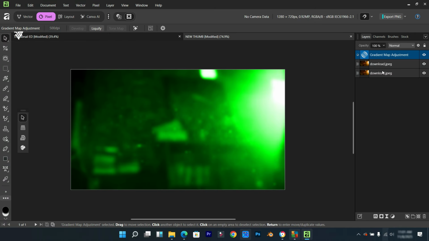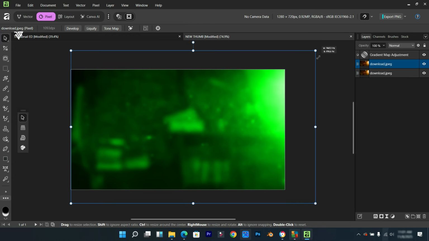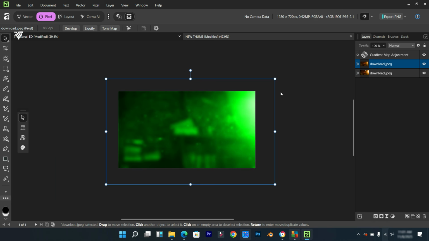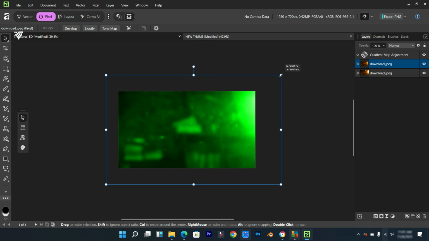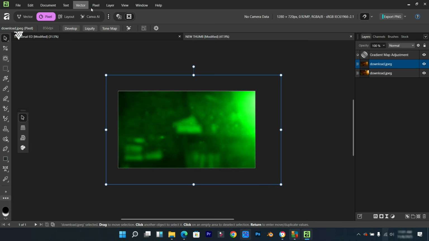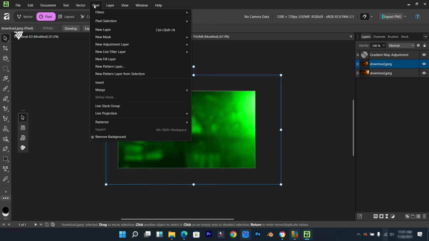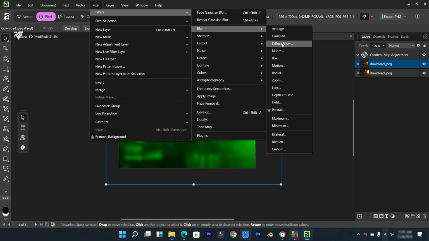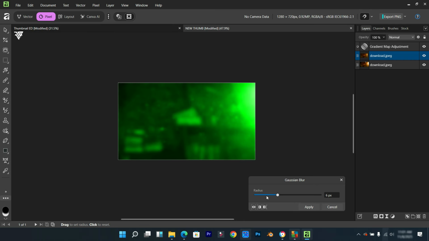So let's scale the background a little bit. I'm going to increase the size of the background, scale it up a little bit, and I think this is okay. Scale it small. Okay, so I think this is okay for now. You guys see the one I have here, and it is the same. So let's add in a little bit of blur on it, filter and Gaussian blur, adding a little bit of blur,